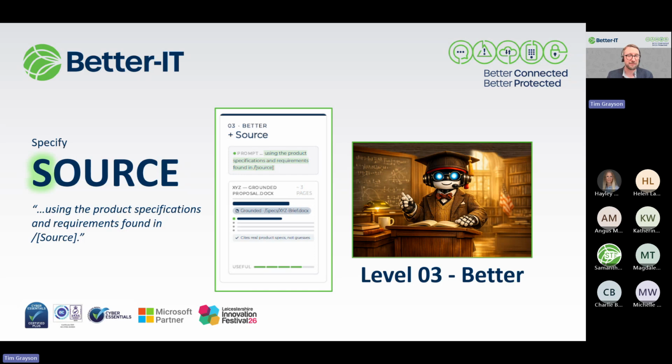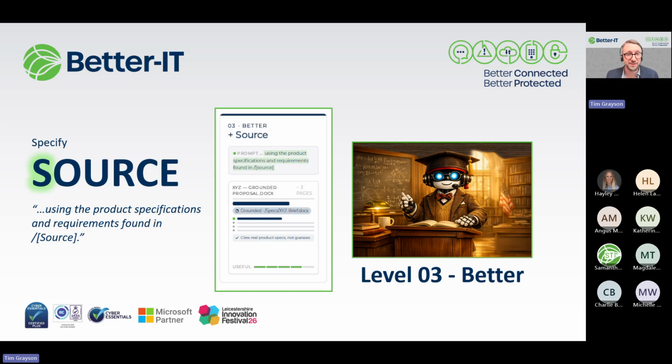So it's not going to just try and infer it. It's not going to try and work out where it is that we need that information from. It's not going to randomly go to some internet page and try and find it that way. It's also not going to go through to other documents that may be older or whatever. It's going to be finding around the area that we want it to be, and it's going to be drawing from that